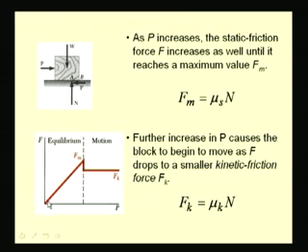So, this behavior of the frictional force is depicted by this graph. When there are no horizontal forces trying to move the object, there is no frictional force, and thus the frictional force is 0. But as this horizontal force P increases, correspondingly the frictional force also increases to a maximum limiting value, which is given by mu s times n, the normal reaction. And then when the body starts to move, it drops to a lower value